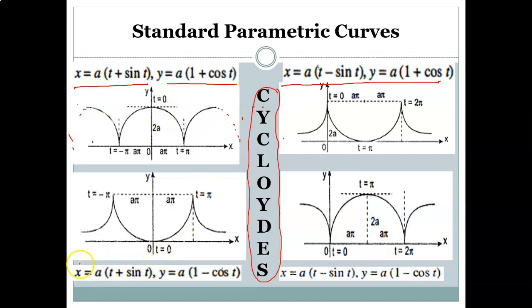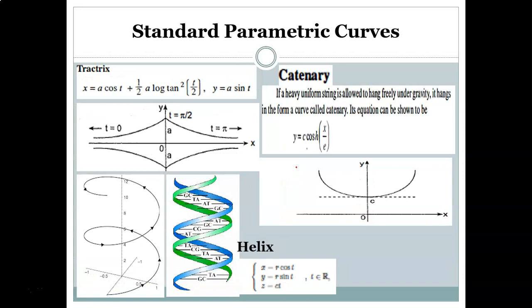Now the third one is this type of equation, when this has plus and here is minus sign, the equation is like this. So the x-axis is tangent to this curve at origin, and it is passing through origin, right? So again here is also an infinite type of situation. Then similarly for this type, when both have minus sign, this again goes on and on. This is also an infinite type of situation, and it is passing through origin. But in this case, the x-axis is not the tangent. The tangent is t equal to pi. So these are the standard cycloids which you should know.